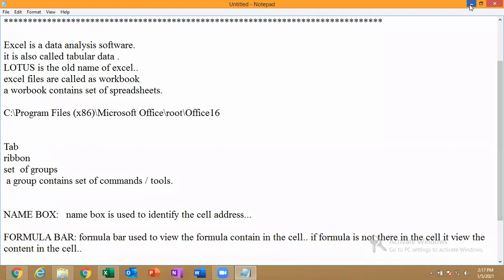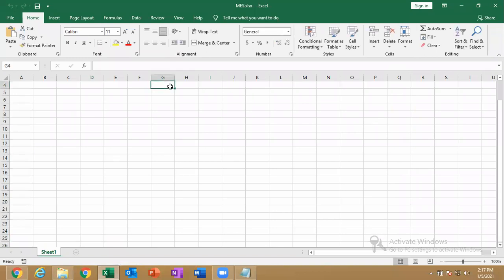See here, this is the formula bar. I have 56 here, where in this cell I don't have any formula. It shows the value in that particular cell. And in one more cell I have 23. Okay, and in that cell also there is no formula. It is showing that. One second.